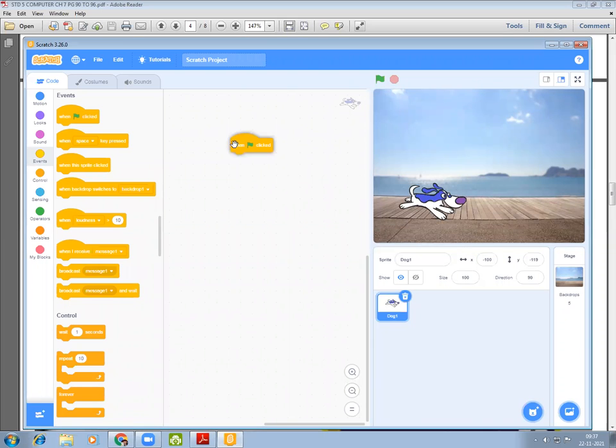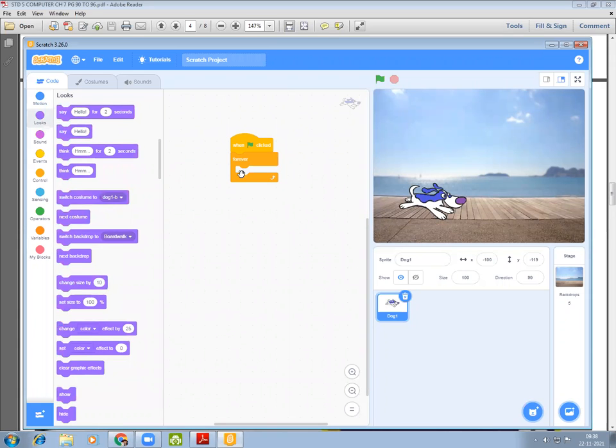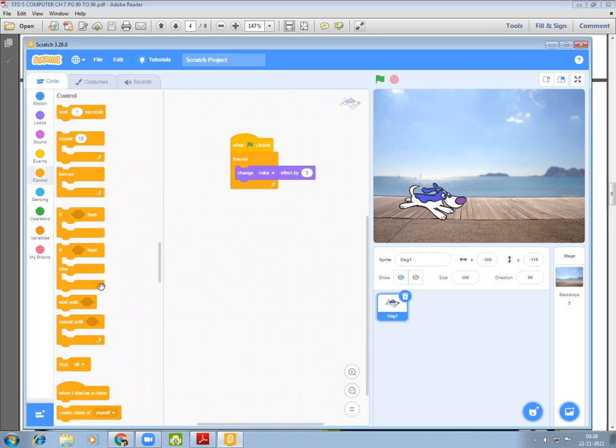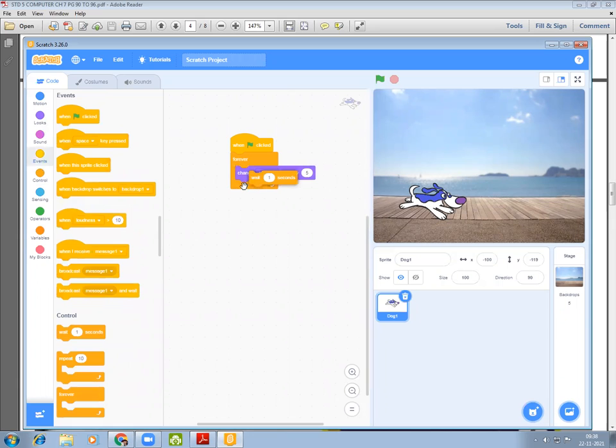When green flag is clicked, drag forever, change the color by 5. Wait for 1 second. Let's see what happens.